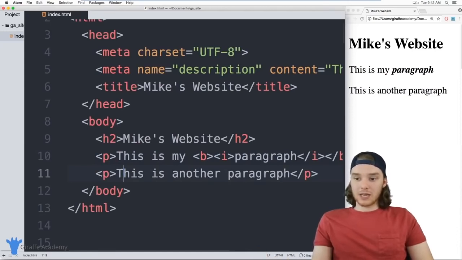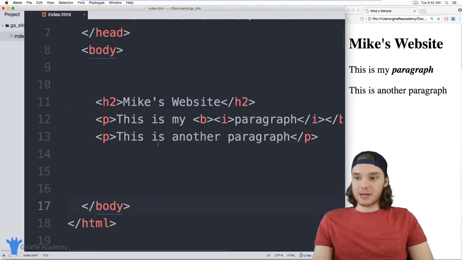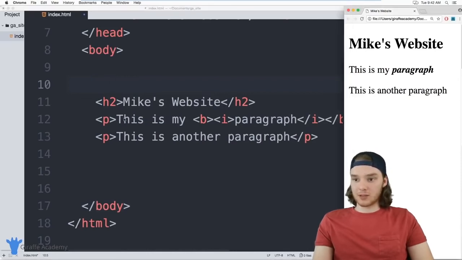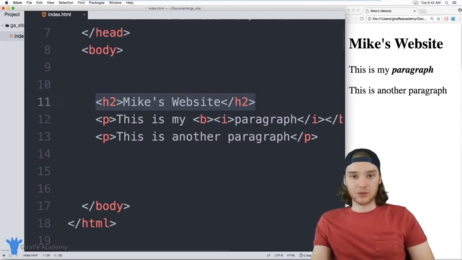So one of the things with HTML is that it lays out our web pages in a very specific way. And I want to show you how that happens. When HTML lays out our web page, it basically takes the layout that we define here inside the body and displays it over here on the web page. So the order that we have the elements in the document is the order that they're going to show